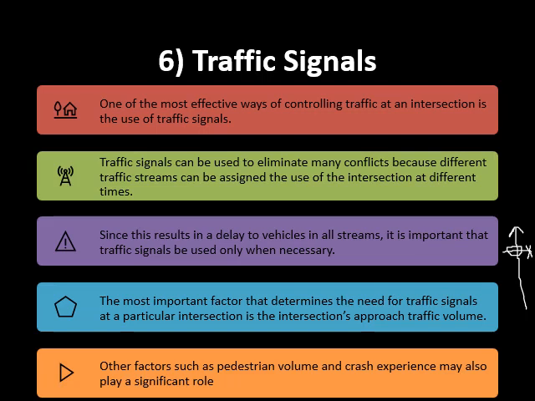For example, pedestrian crossings. You may have seen signals on pedestrian crossings in the middle of the road as well. It's just for crossing of the pedestrians. Similarly, if you have pedestrian crossings in high numbers at intersections, then you can provide a signal there to make sure these pedestrians cross safely. Secondly, there are too many accidents happening because of some other type of intersection control device. So you have a stop sign, but because of that stop sign there are too many accidents happening. One of the most effective ways to reduce these accidents is by putting a traffic signal there.